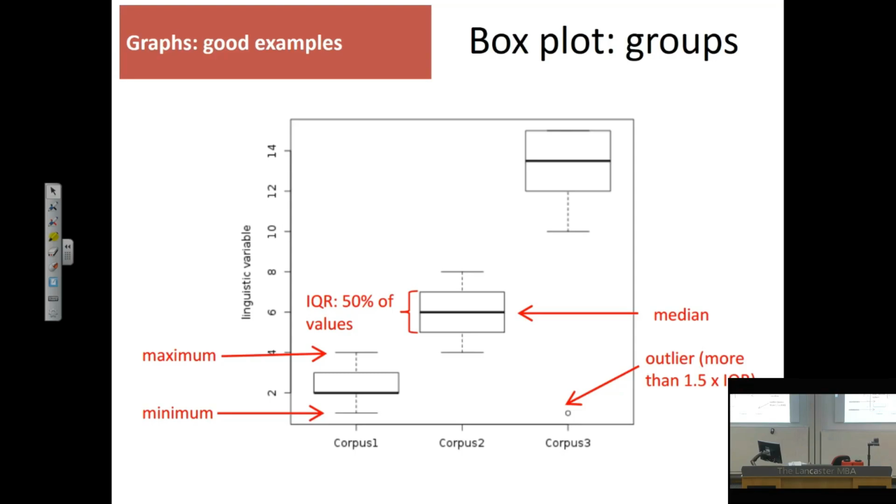And we can also see, and that's the box itself, what we call an interquartile range, the 50% middle values in a distribution. Right? So we actually know quite a lot about the data, and we also have a lovely outlier here. Right? So again, we can look inside the corpus and see, okay, why this particular data point is away from the rest of the data. Is there some measurement error? Is there any particular reason for this?